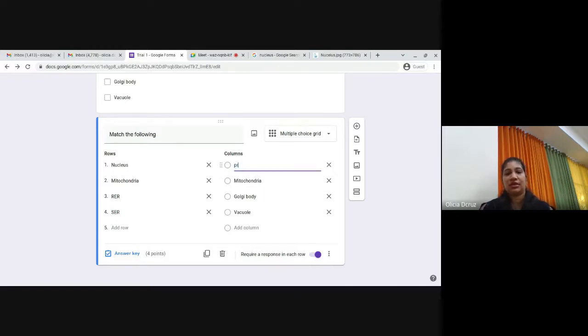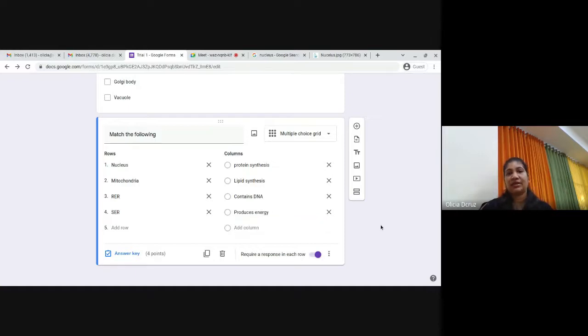So if I say protein synthesis, protein synthesis is associated with RER. Then I'll say lipid synthesis. Okay. Then I say contains DNA, that is nucleus, and produces energy is mitochondria.